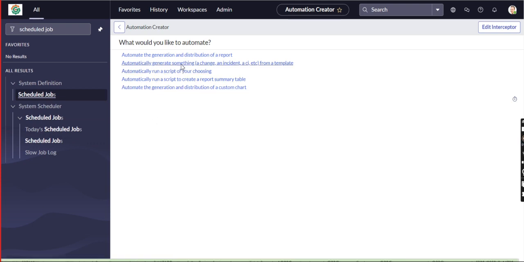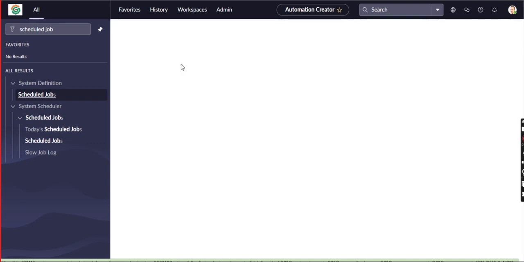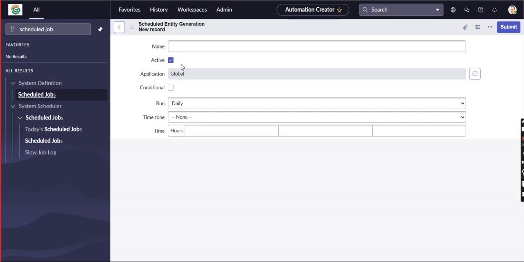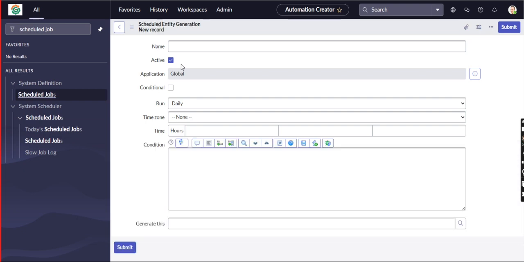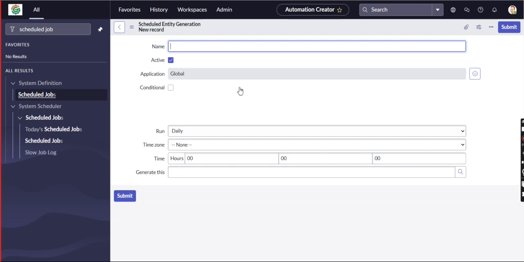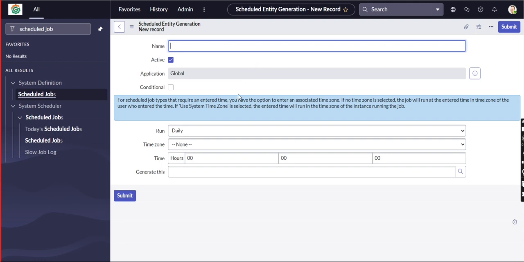Now going to see the second one, automatically generate something from the template. Just have a look here. This is the name, demo job.